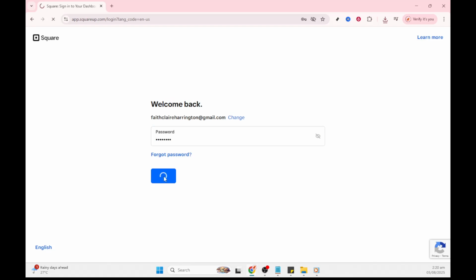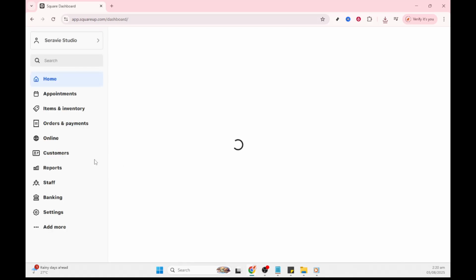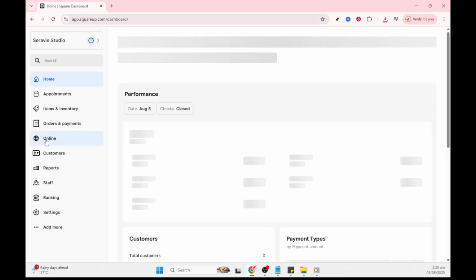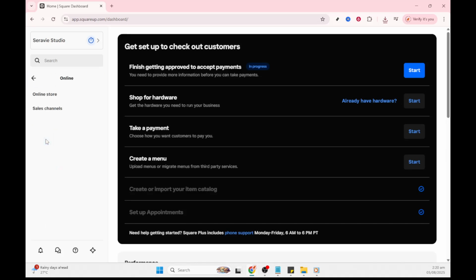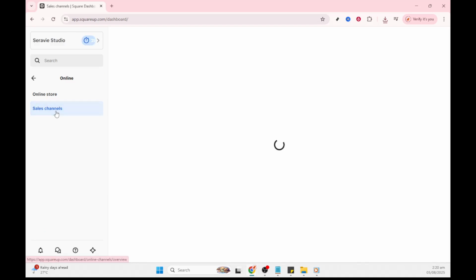Once logged into your account's dashboard, direct your attention to the left-hand menu. Here, you'll find an option labeled Online. Clicking this will open up several additional options for you to explore. What you'll want to do next is click on Sales Channel. This feature is where you'll manage all the platforms your Square appointments are linked to, giving you greater control over